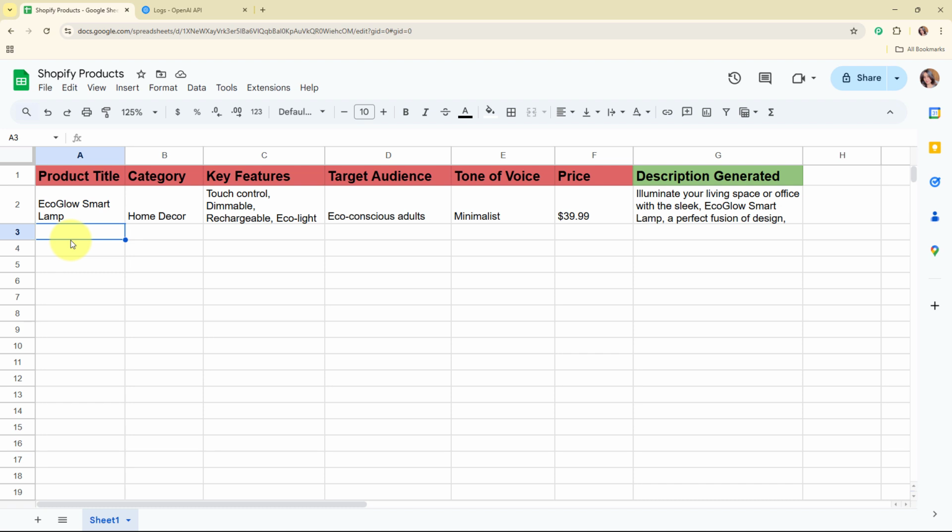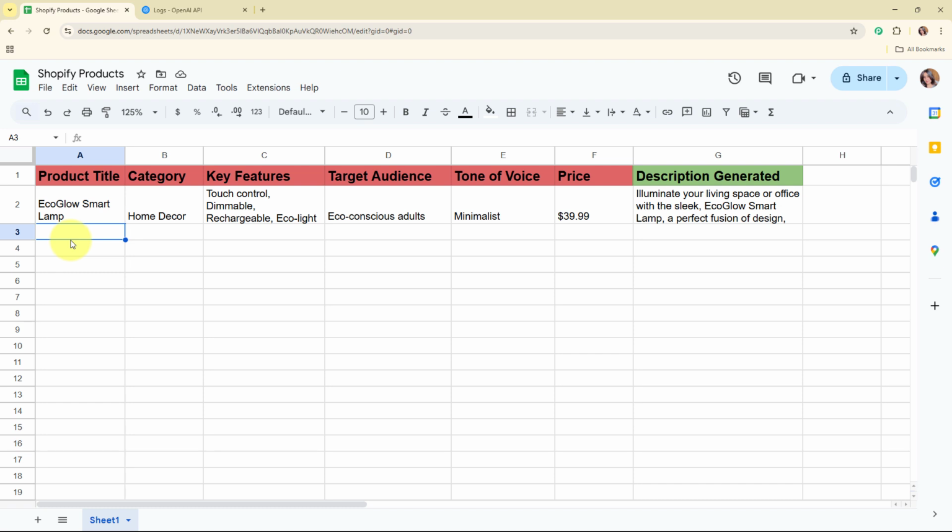As you all know, as a Shopify store owner, I constantly add new products to my store, and writing unique, engaging descriptions for each one takes a lot of time. Sometimes I struggle to come up with the right words or forget to include the key details that help sell the product. By using OpenAI to automatically create product descriptions, I can save time and make sure every item has a professional, SEO-friendly description. This helps me launch products faster, improve my store's appearance, and attract more customers without spending hours writing content myself.